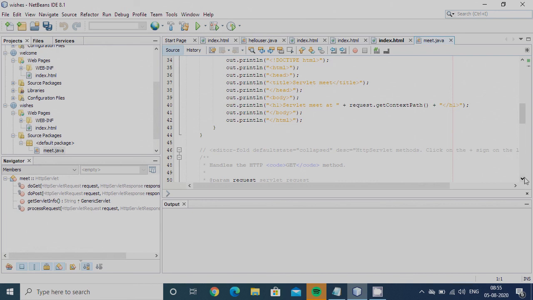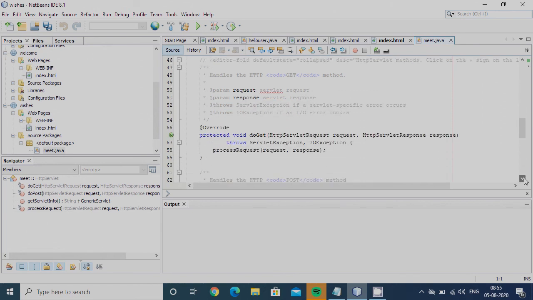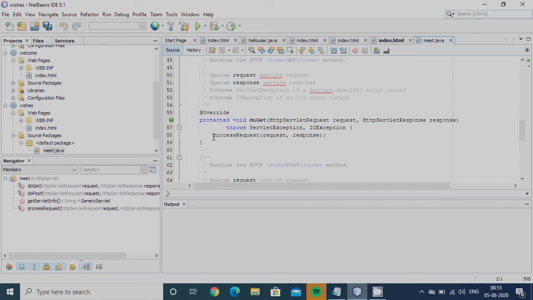You can see the doGet method is sitting over here. It has been written by default in the code editor window. The program is built by the IDE itself, so it's enough for us to customize the program lines here. I don't want the control to go to processRequest, so I'm deleting that. I'm giving the task of what the servlet has to do.